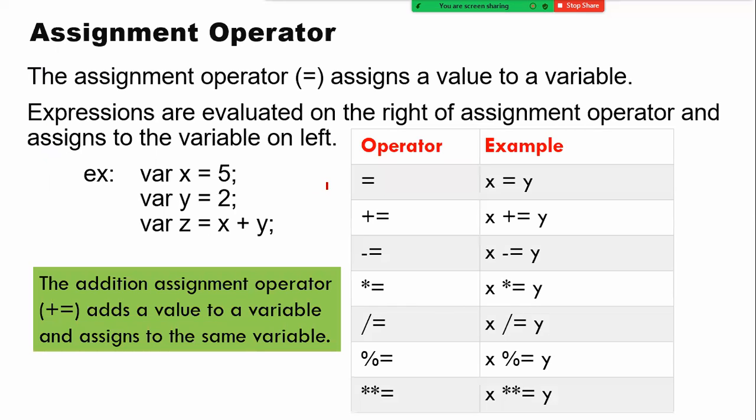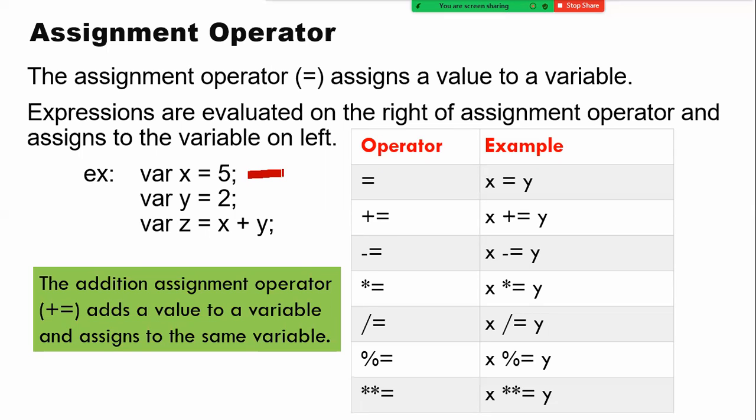For example, I have an operator called the assignment operator, the simple equal to. We call it the assignment operator, because assignment means it puts a value into some variable. For example, if I write x equal to 5, the value 5 will be stored into the variable called x.